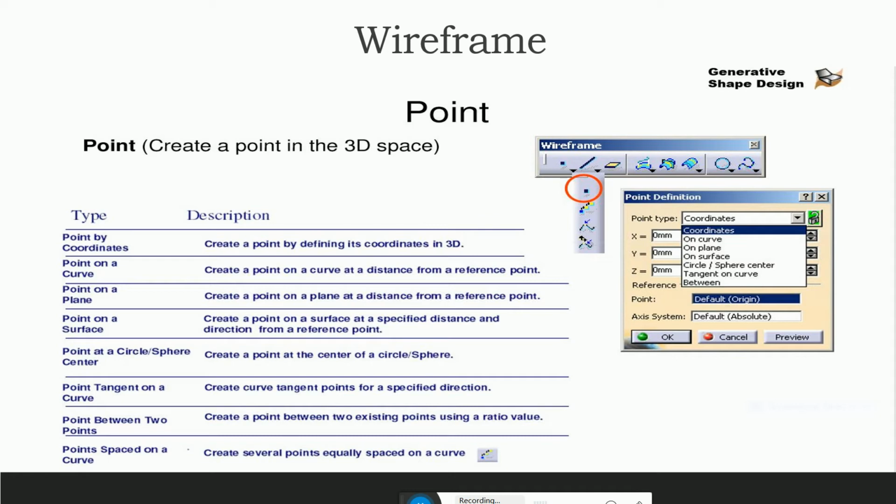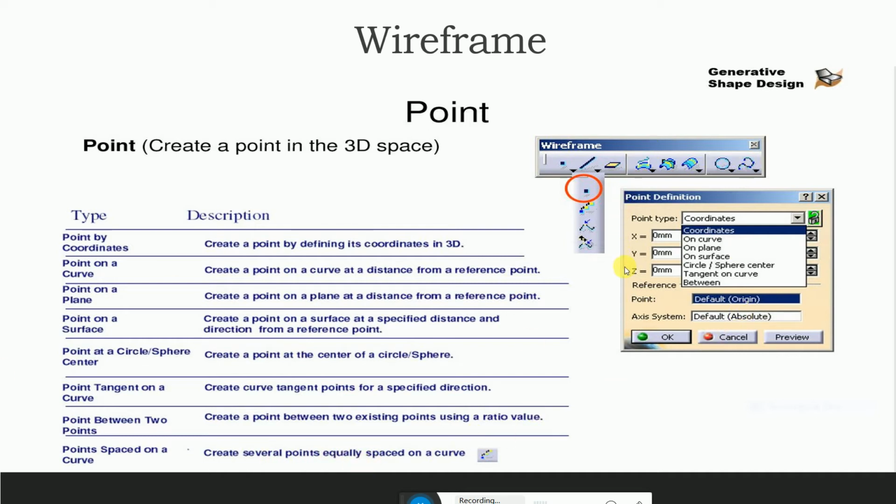Point between two points: create a point between two existing points using a ratio value. Then point equally spaced on a curve: create several points equally spaced on a curve.